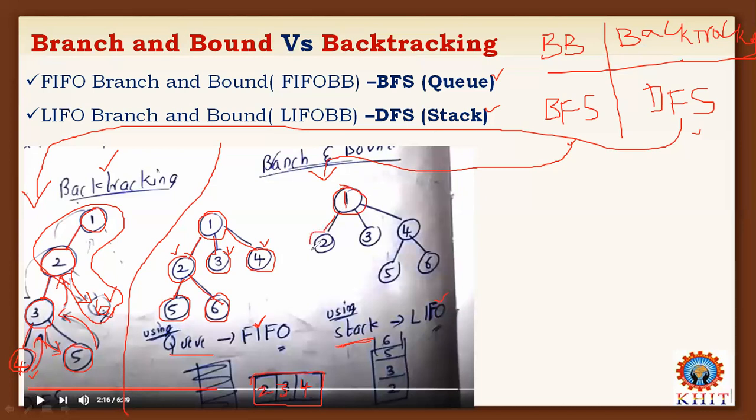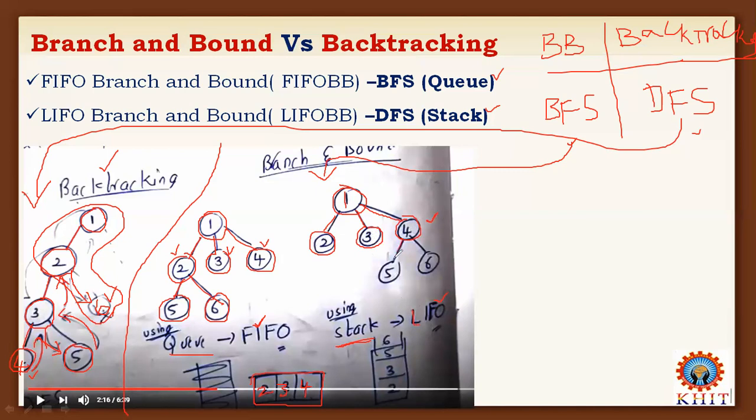Next, add one more element 2. Next node is 3. Next node is 4. Once all three nodes are constructed in the first stage, next we need to think which node is to be added, which child node is to be added. If it is first in first out, first node 2 comes, that's why I have added child nodes here. But here you need to focus on last in first out. So which node is last in the stage? Here in the stage, last node is 4. Node 4 is the last node.